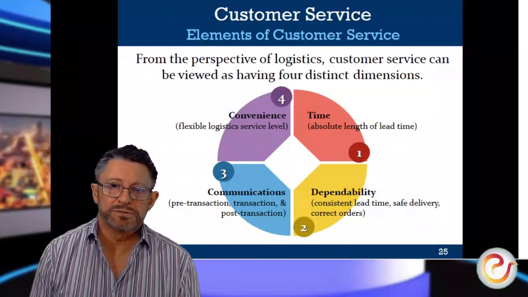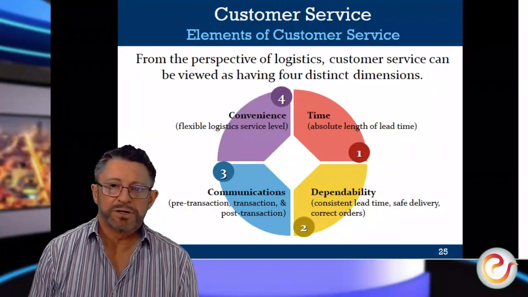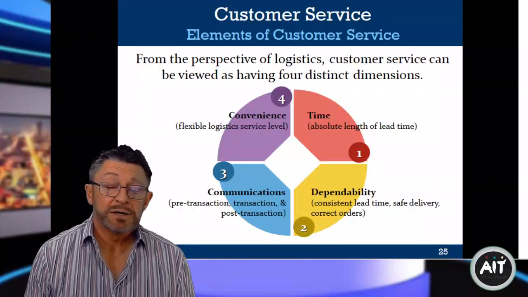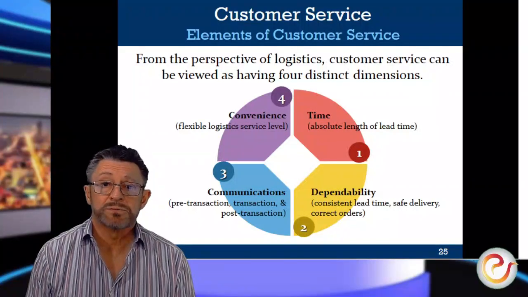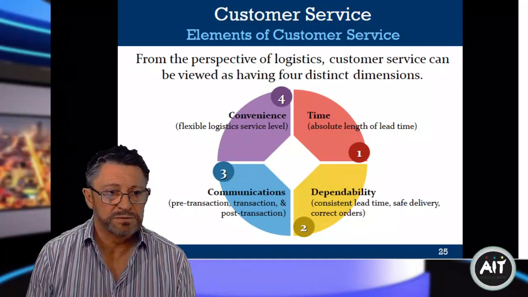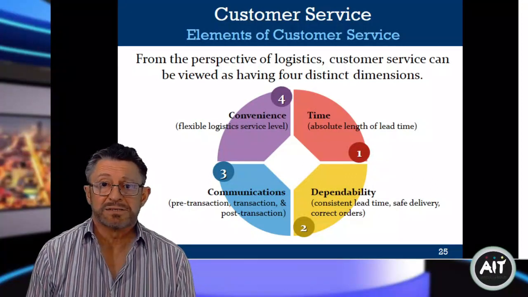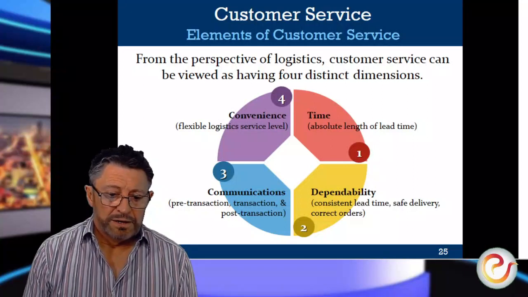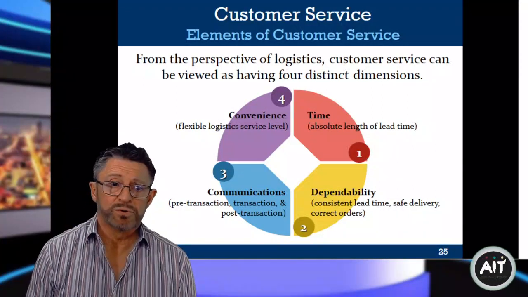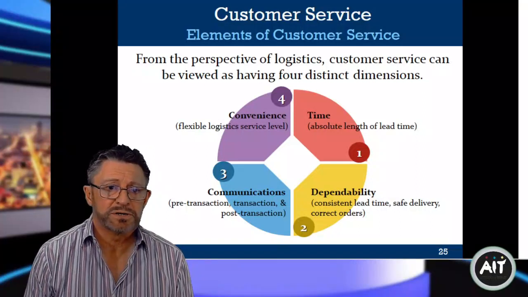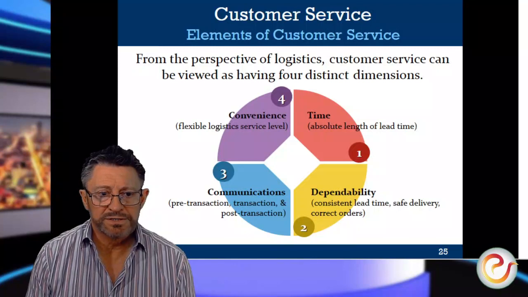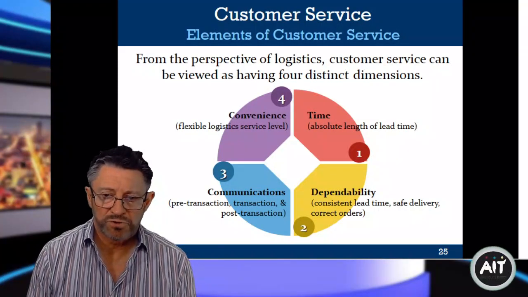Very similar to your generic objectives. But the absolute length of the lead time itself, the time the order was placed to the time the customer has actually received it, that's the absolute length of your order, and that's a key metric. There's a whole lot of other stuff, but broken down into it. But that's your key metric: cost to serve or length of time, dependability, lead time, safe deliveries, correct orders, and